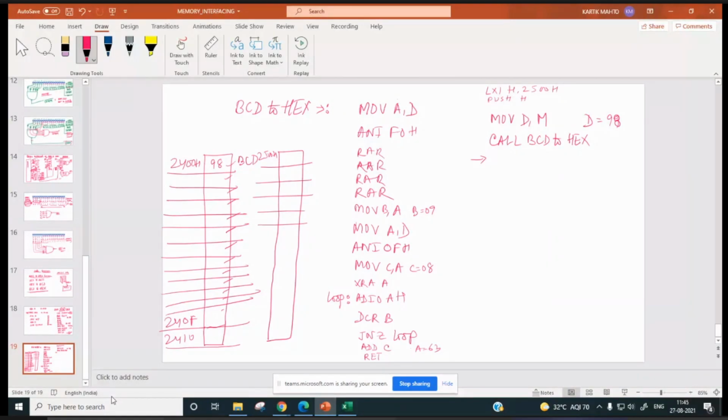Have we discussed this push instruction earlier? Hello. Have we discussed this push instruction? Yes or no?